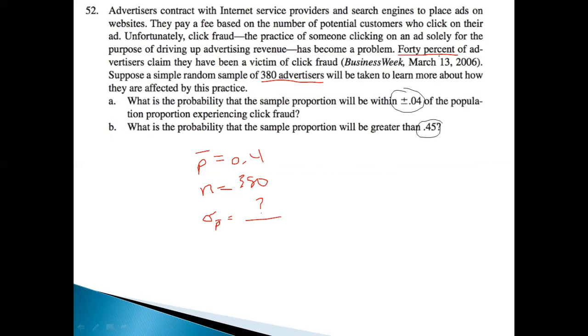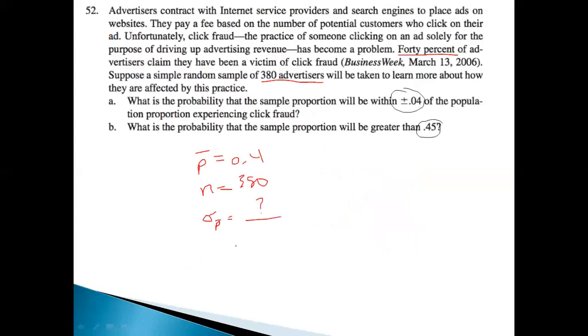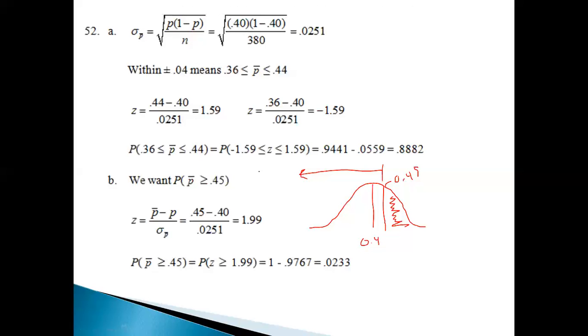So what do we know? Well, 40%, so that's going to be our P bar, 0.4. N was 380 advertisers, and we're looking for that sigma P bar. We're not doing 7.3 this time because we have proportions. So we have to actually use the 0.4 times the 1 minus 0.4, all over the N, which is 380. That gives us